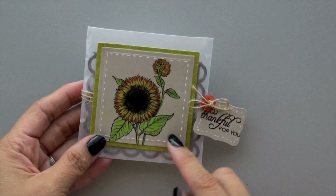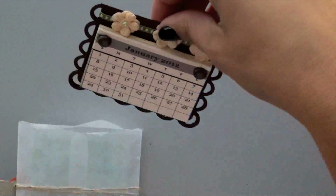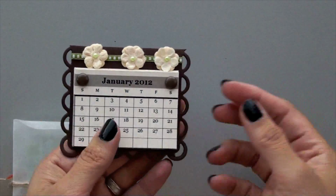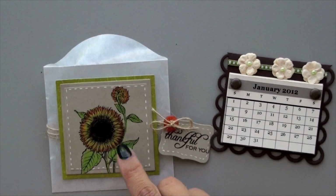Today I'm going to be showing you how to put this gift holder together, and inside is actually a 2012 calendar that someone can go ahead and just put on their desk as such, and it comes together quite quickly. So with that, why don't we go ahead and get started, and the first thing we're going to tackle is